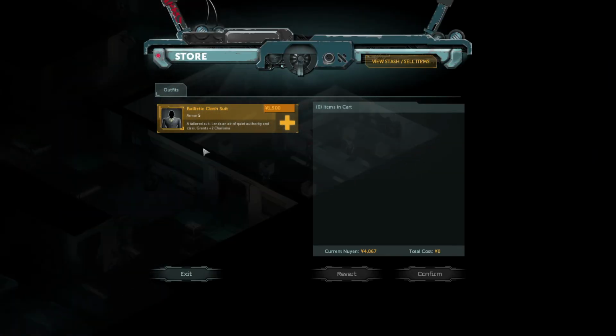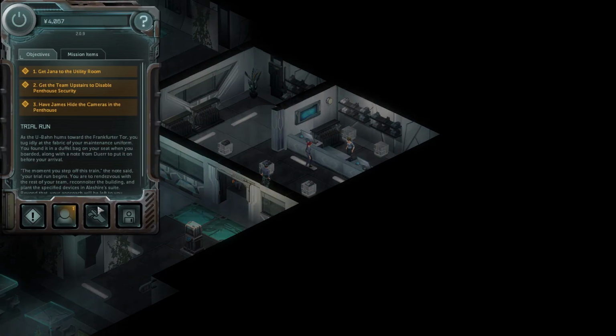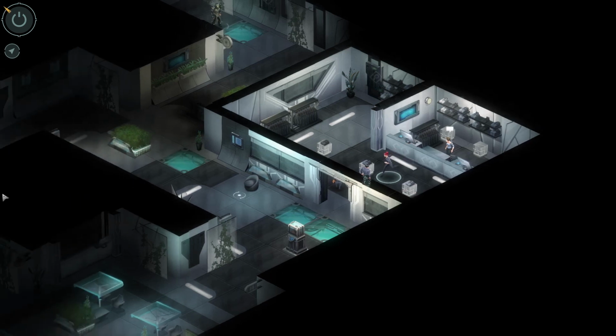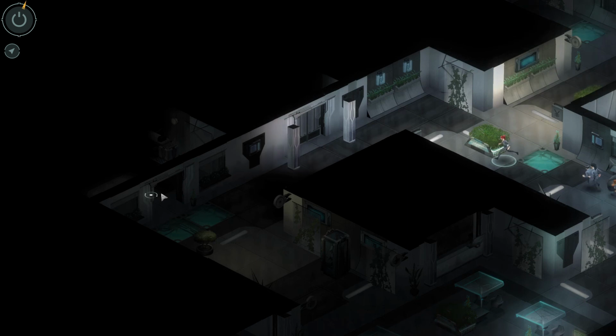5 armor, +2 charisma. If you maybe are lacking in charisma, it's not a bad idea. But I'm not, and this is expensive, so... Let's see, what do I have for armor anyways? 6 armor. It wouldn't be much of a downgrade, but really, I don't need the extra charisma. Now then, if we head over here...